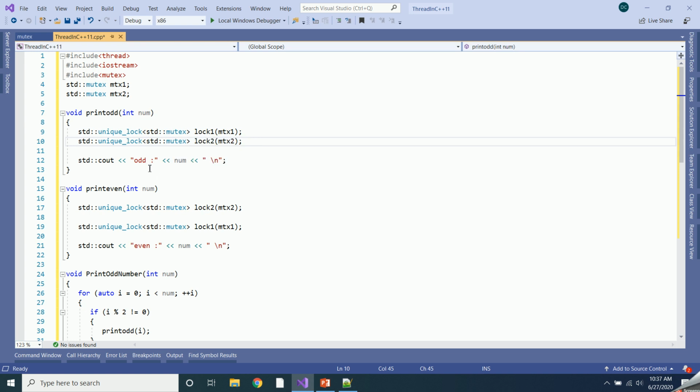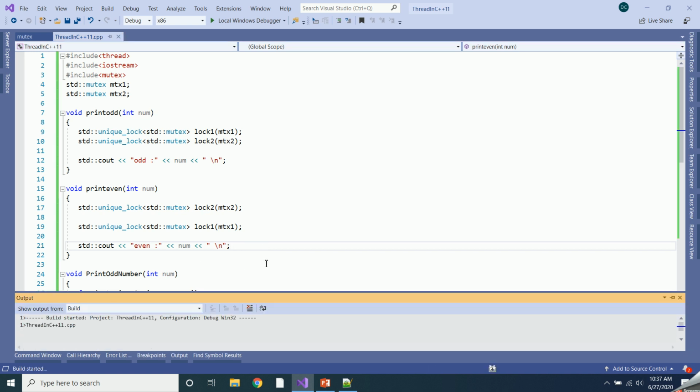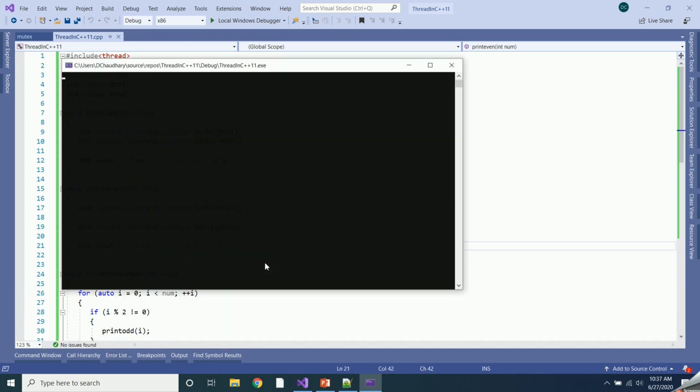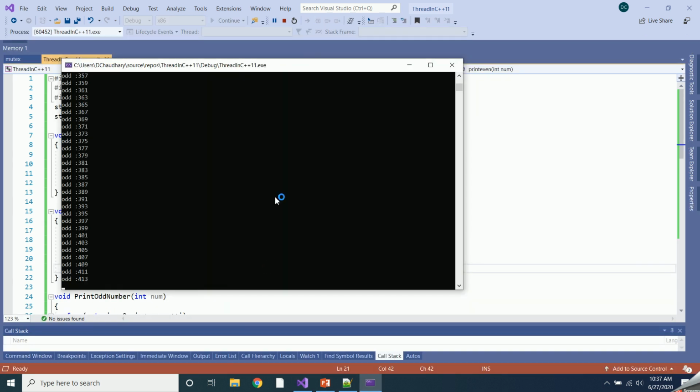In print odd, we are first acquiring mutex 1 and then mutex 2. But in print even, we are acquiring mutex 2 first and then mutex 1. Now let's see what the problem is with this program. Let's run it. Now if you see,